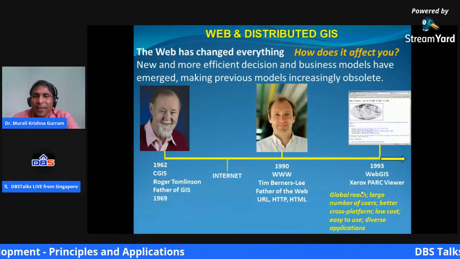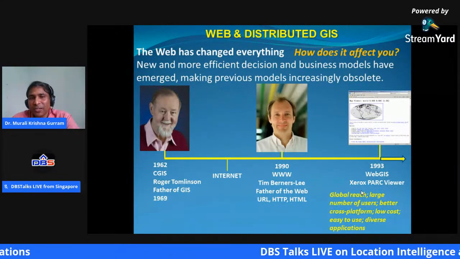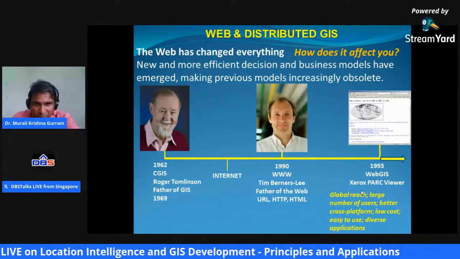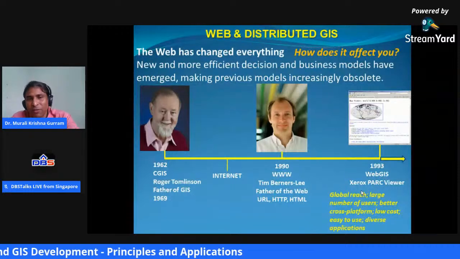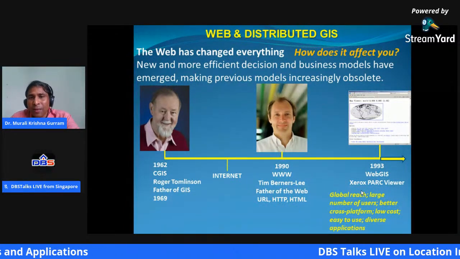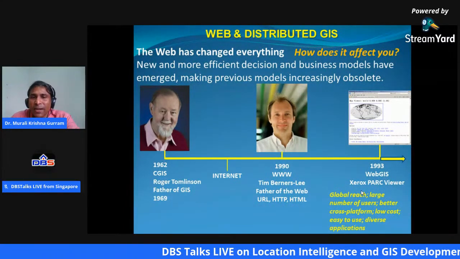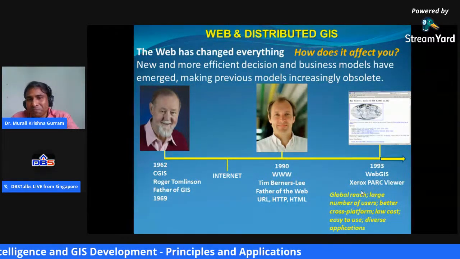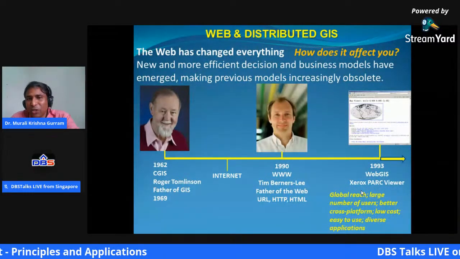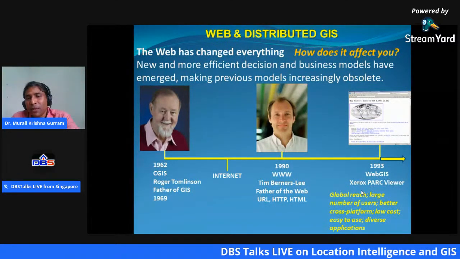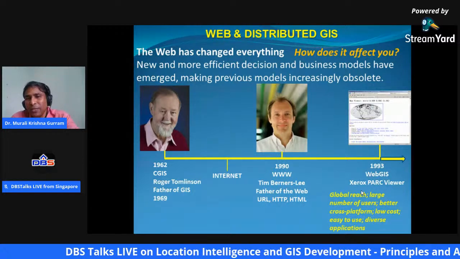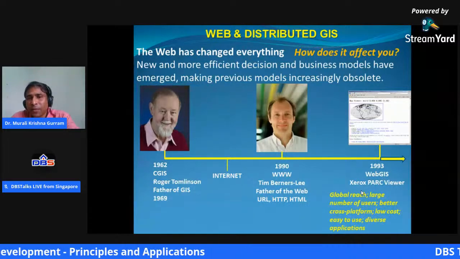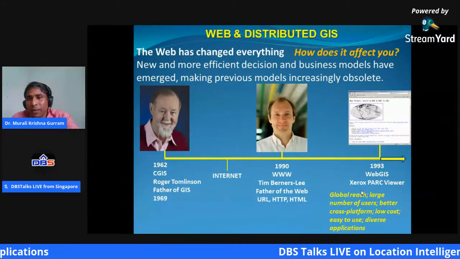Then the internet came. The internet revolutionized things from the desktop era to the internet era. In 1969 the internet was introduced. In 1990, the World Wide Web was introduced by Tim Berners-Lee, whom we consider the father of the web. Then by 1993, GIS quickly caught up to the web scenario and started being on the web. Why did it choose the web way?